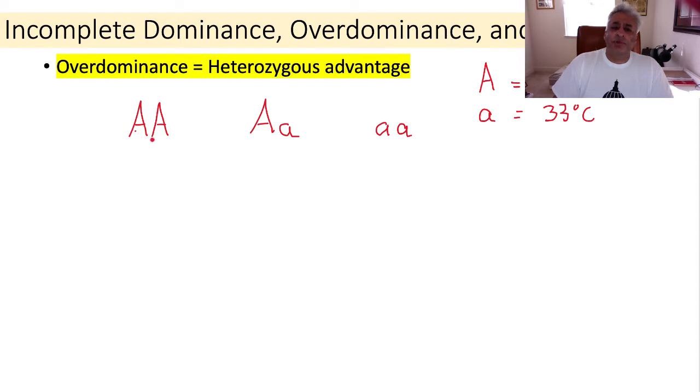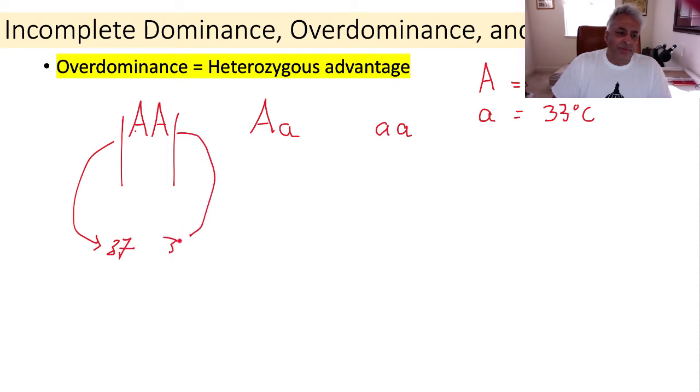So individuals that are homozygous dominant will produce from each chromosome a copy of their protein that works at 37 degrees. So 37 degrees from that chromosome and 37 degrees from that chromosome. So under normal conditions, those people have a nice advantage. The homozygous recessive,